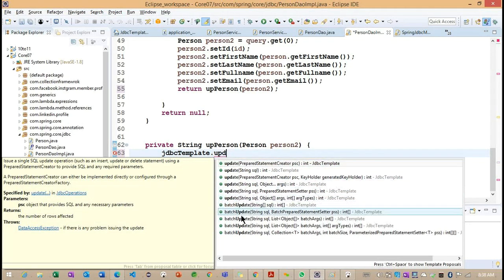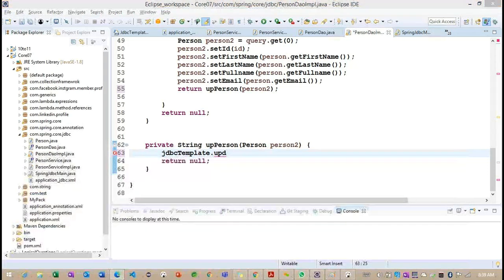This is not it. So we'll try to create a new query only here. Update person param map, what we are doing here. Person dot get person get ID.